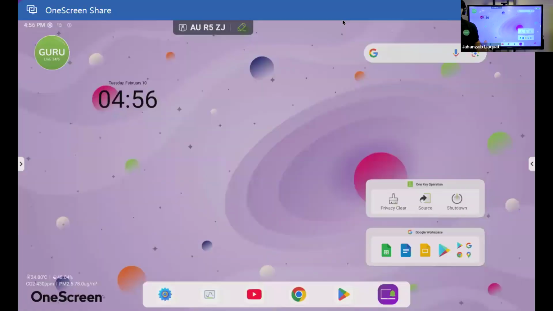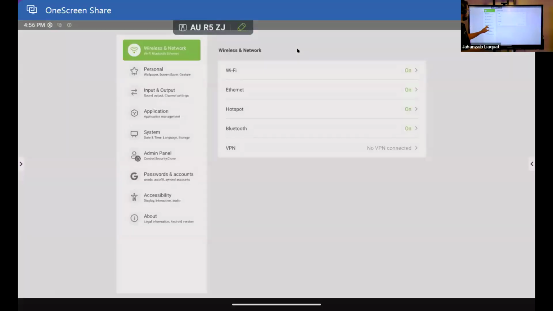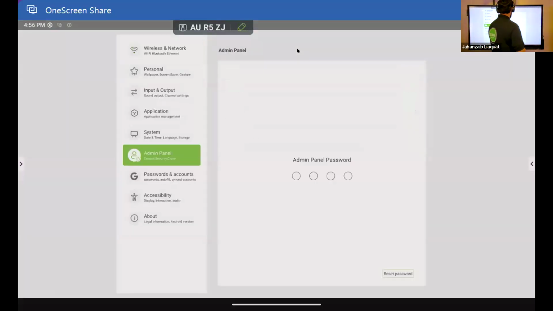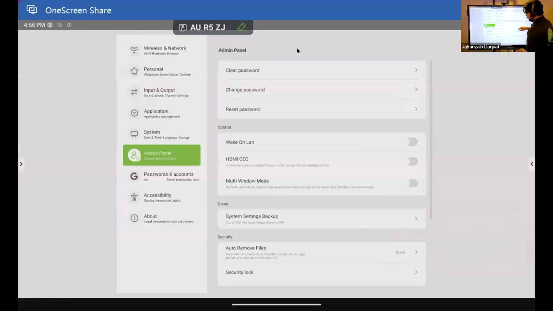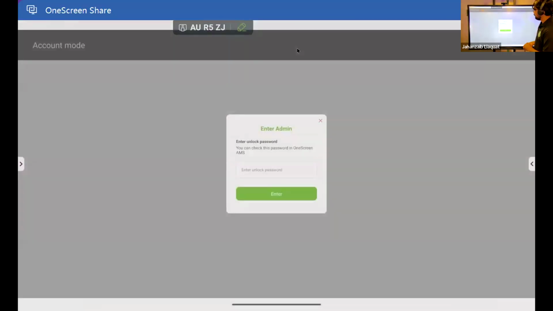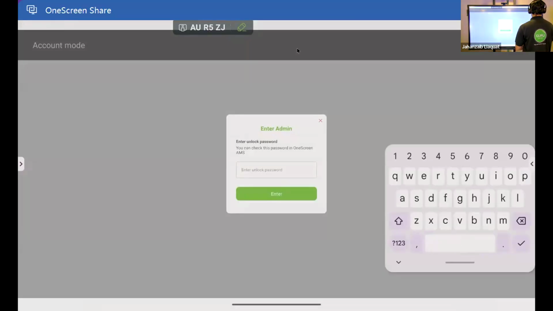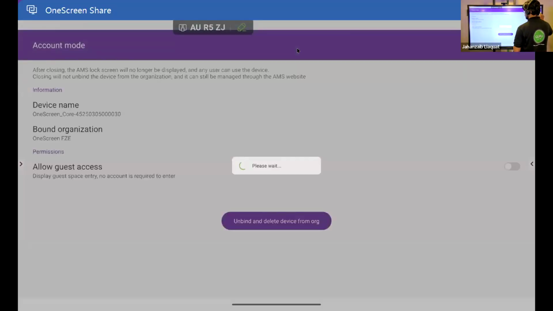All right. So you guys can see the screen now clearly. But go to the settings. I have to go to the admin panel, enter the password, and scroll down, and we have an AMS option. Click here, and it will ask you to enter the password. Turn on the OneScreen AMS